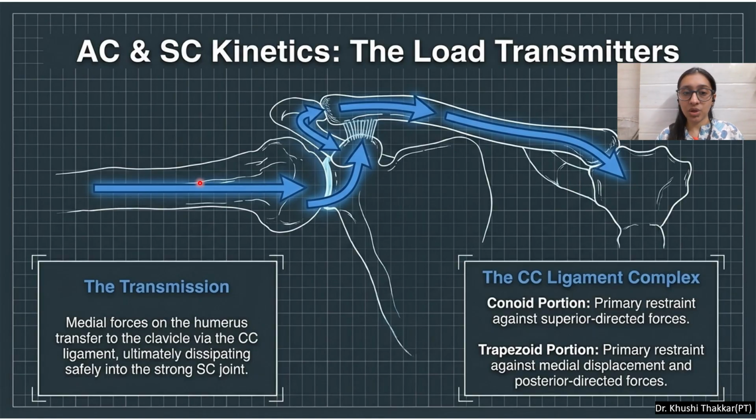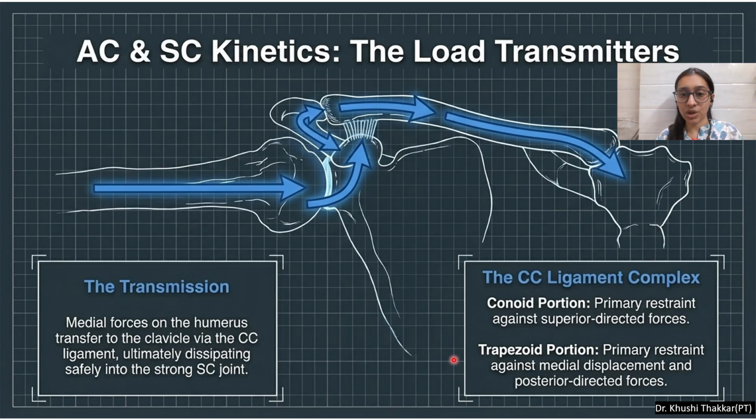So the transmission happens from the head of the humerus to the acromioclavicular joint and the coracoclavicular ligament, which has two portions, the conoid portion and the trapezoid portion, as we have discussed in the previous lectures. The conoid portion is the primary restraint against superior directed forces because it is oriented vertically, and the trapezoid portion is the primary restraint against medial displacement and posterior directed forces due to the direction of its fibers into a horizontal